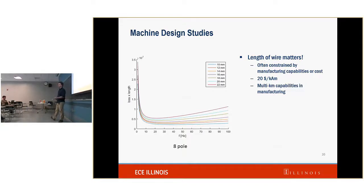A lot of facilities may only be able to make 500 meters of wire in a month, or, I don't know, 10 kilometers of wire in a year. And maybe all this wire might not even be quality throughout the entire thing, so you're limited by the worst aspect of the wire, right? The price tends to be very large as well. A lot of people are trying to bring this down to $10 per kiloamp meter,